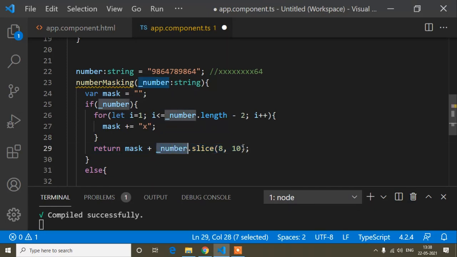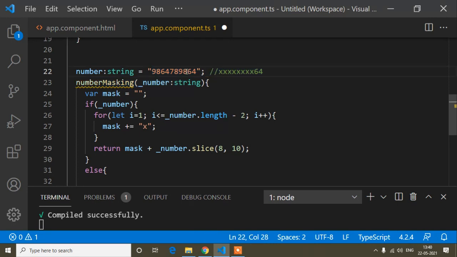So guys, here you have to understand how the slice method works. First of all, you have to know that it takes two parameters. The first one is index, the second one is value. So guys, index is 8 and the value is 10. That means index starts from 0, so the number dot slice, and number means this one, it will slice from 0 1 2 3 4 5 6 7 here 8. So 1 2 3 4 5 6 7 8, so it will start from here.